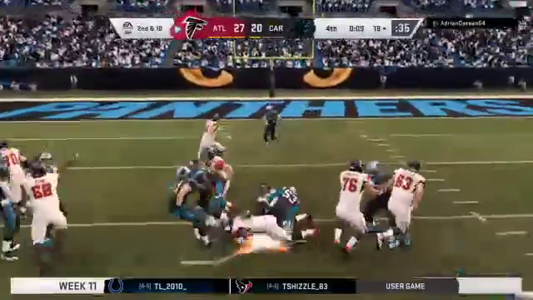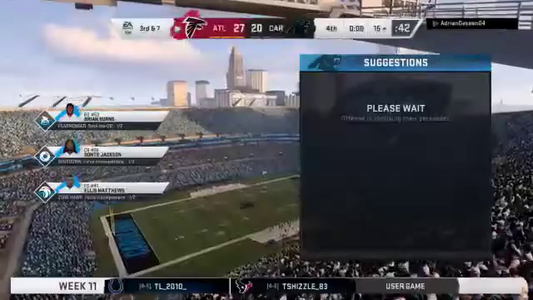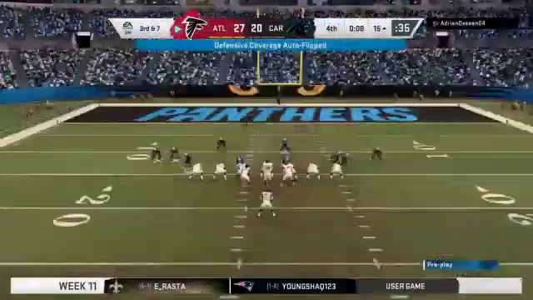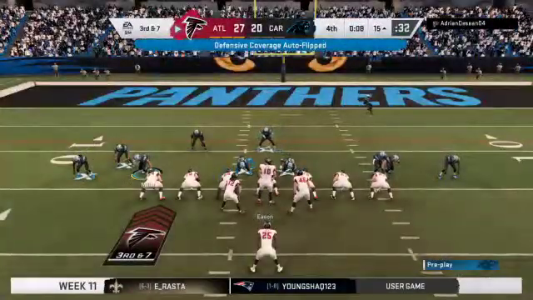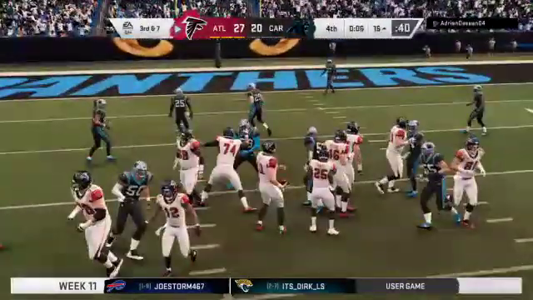On 2nd down, it's Freeman. And he'll take it from the 18 to the 15, a gain of 3. And now here comes their final timeout, as they take it with 8 ticks remaining. And it looks like we've got a dime set here defensively. 6 DBs in the game. The Falcons in victory for